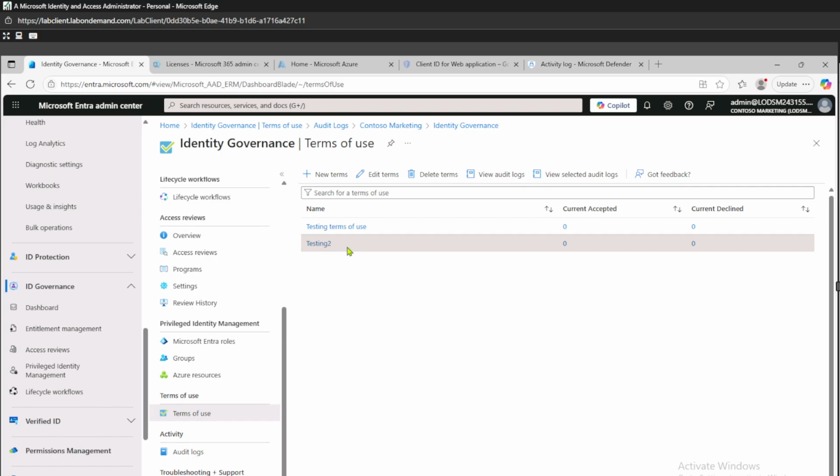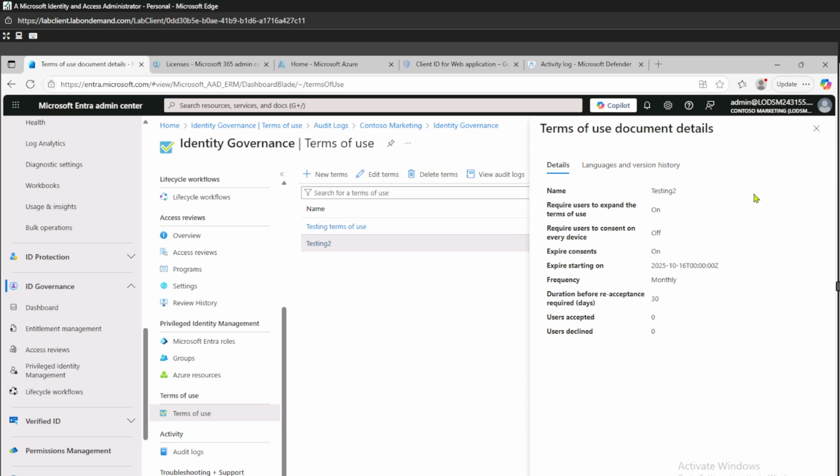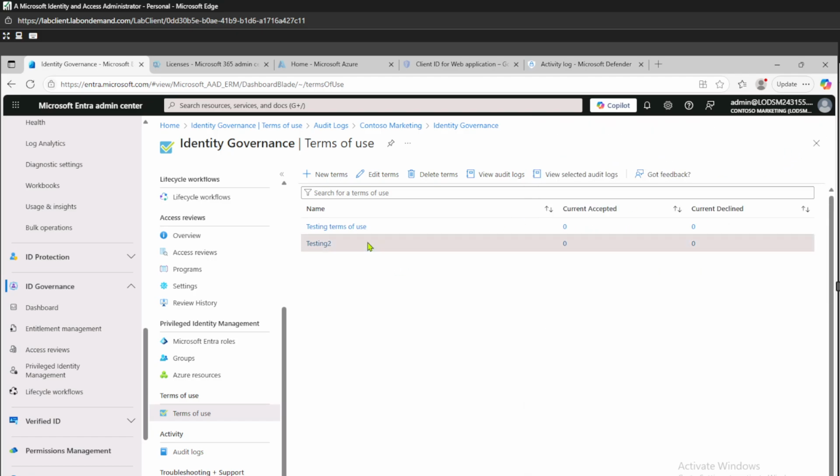So we will click on this open space here. The lab mentioned that we will have to click on this open space. If we click on the name, it's just going to take us straight to this, and we will not be able to edit it. So we will just click on this empty space, then edit terms,